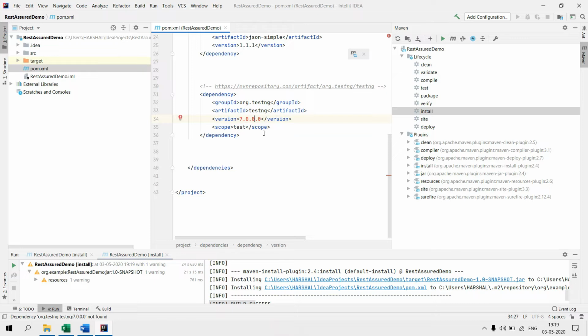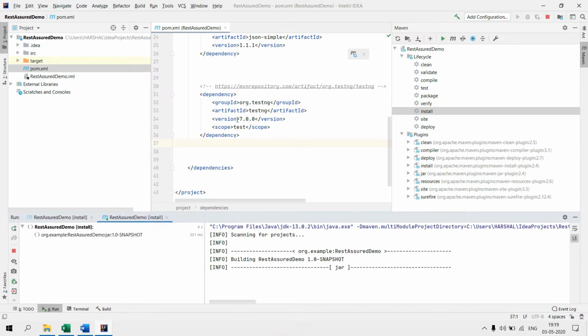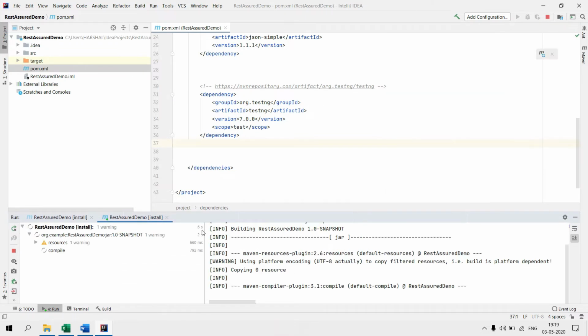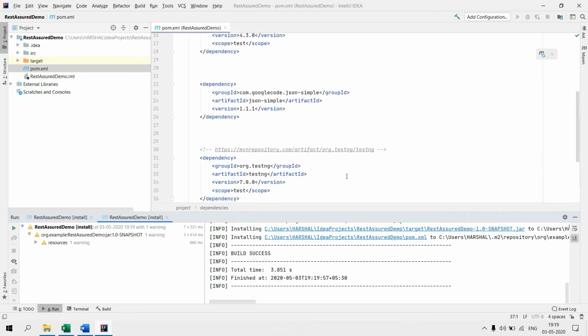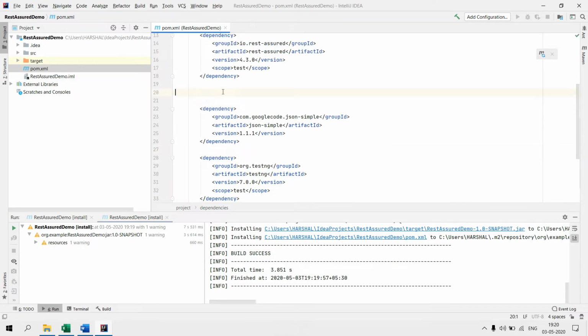Okay, it's working, I guess. Okay, it's working. So again we will run this. So it's working, so this will not be required. I will be removing this commented line, which is not required. It is a link of that particular dependency.